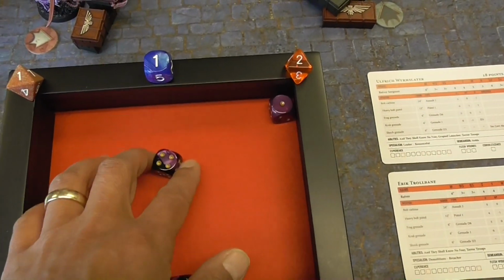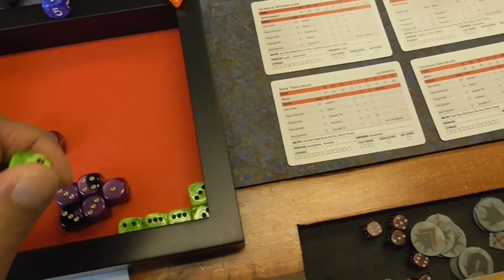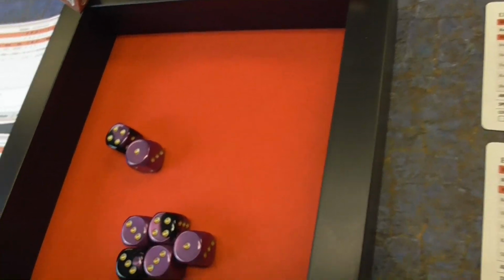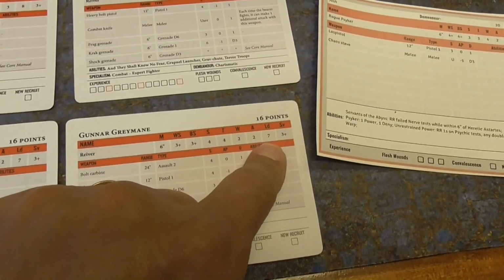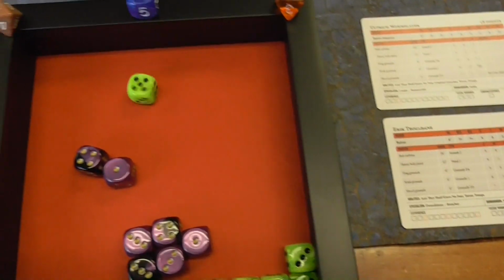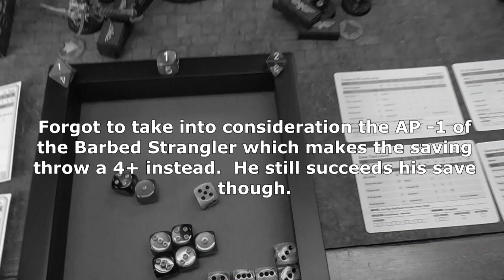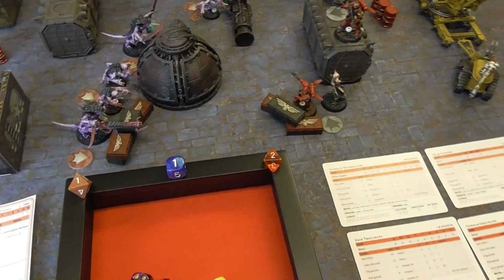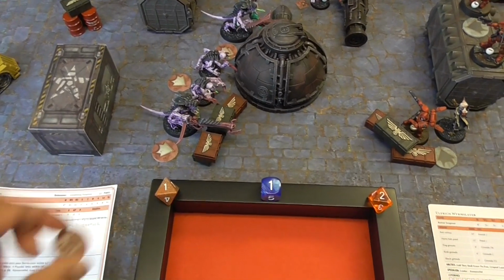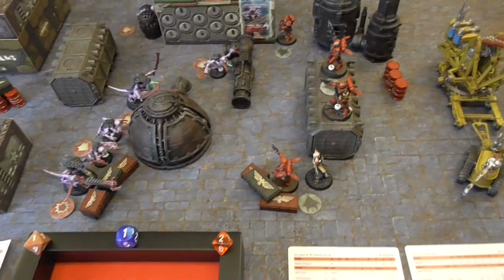And so one of them is a hit, and now the Space Marine gets a saving throw, and that guy is Gunnar Grayman, and he has a save of 3+, which he makes. And so he is not wounded at all. I'll go ahead and put an activated marker here, and so now it goes to one of the Space Marines,